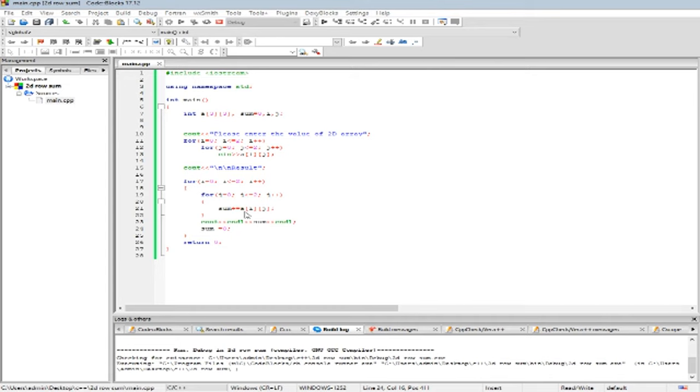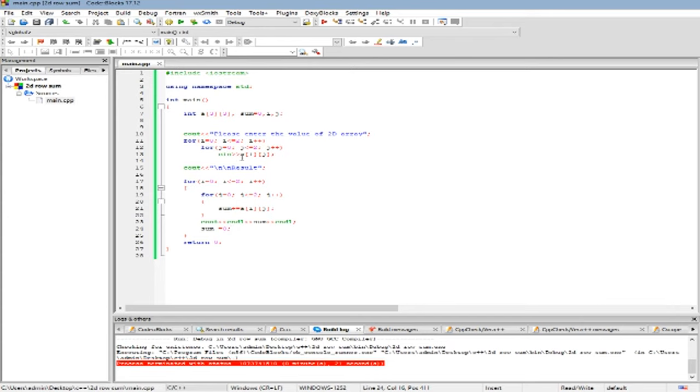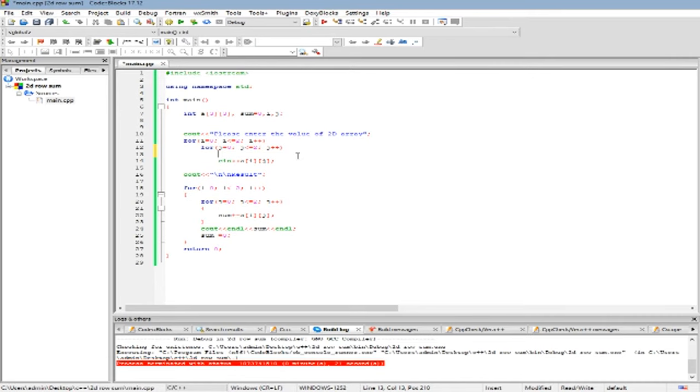So please enter the values of a 2D array: 3, 2, 1, 4, 5, 6, 3, 1 and 1. Perfect. Now it is giving me the right values, but I still find the interaction of this program is not that good. To make it interactive, we have to give a cout statement over here, which gives